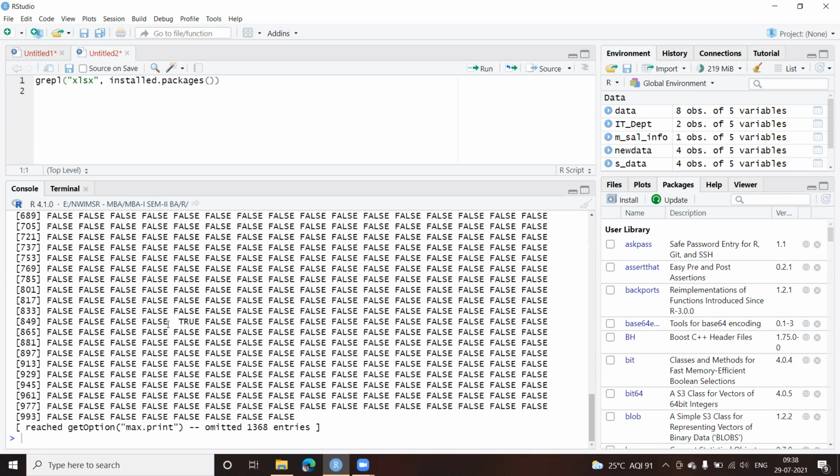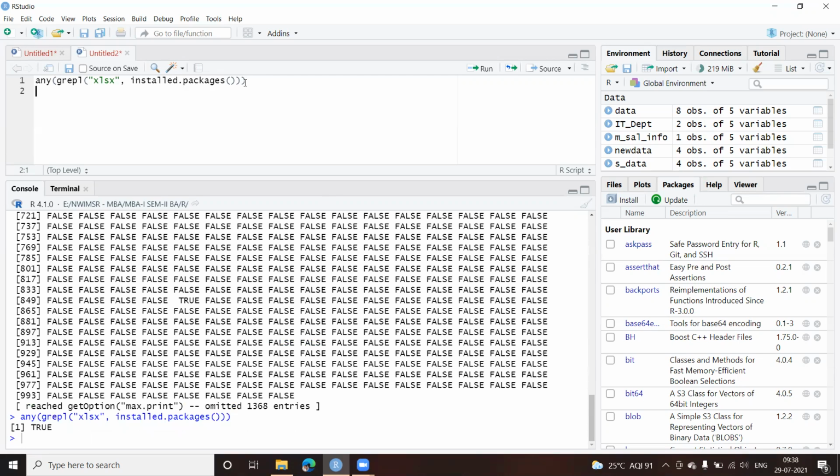So we have another function known as any. I'll put any here and close the bracket at the end. Now I'm getting true, because I already have the xlsx package installed here.